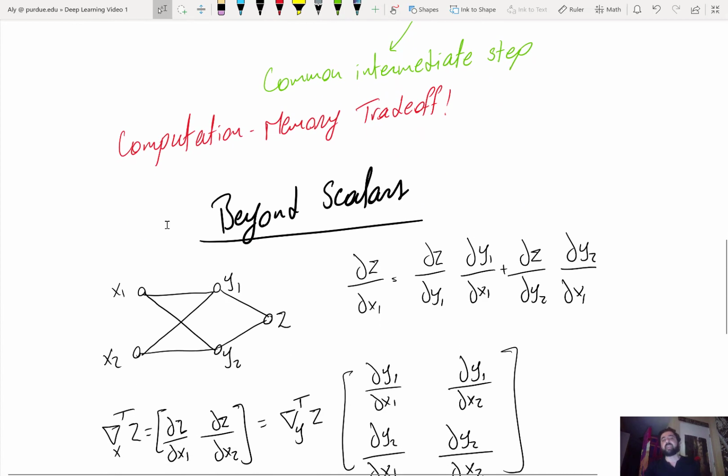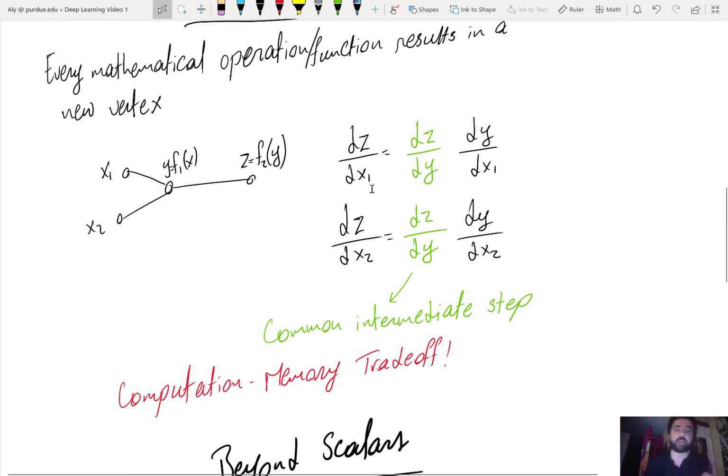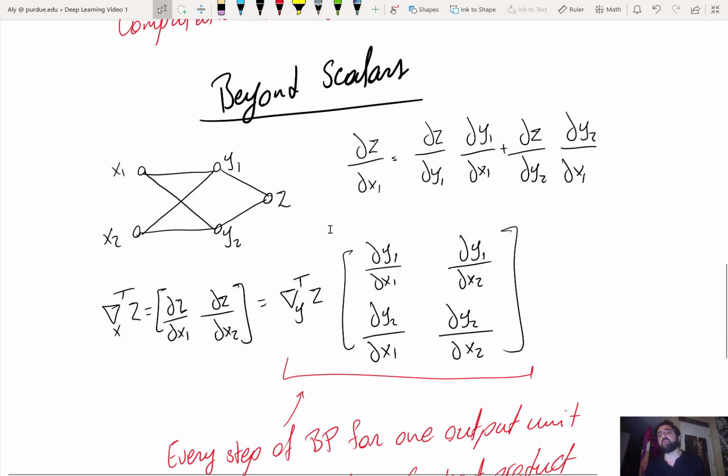Now, beyond scalar values, so here this is scalar, so you have the derivative of z with respect to x1, the total derivative. If we go beyond scalars, then we compute the partial derivatives, right? So this is a slightly more complex computational graph, where you have x1 and x2 affecting y1 and y2 and then z. So x is a two-dimensional vector, y is a two-dimensional vector, and then you have z. Now,